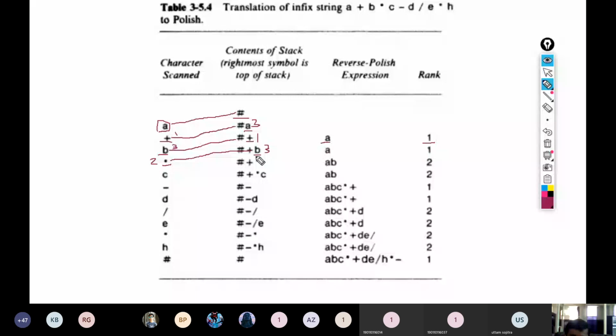B will be popped out and appended to the Polish expression. The rank also will be updated because it is an operand, we add 1 to the rank, and then we push the next character to the stack, that is asterisk, and then we update the next character by the next character in the arithmetic expression.